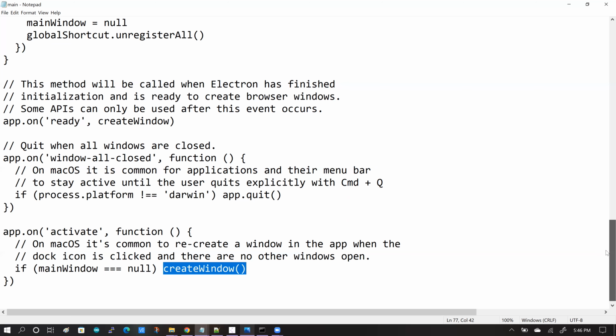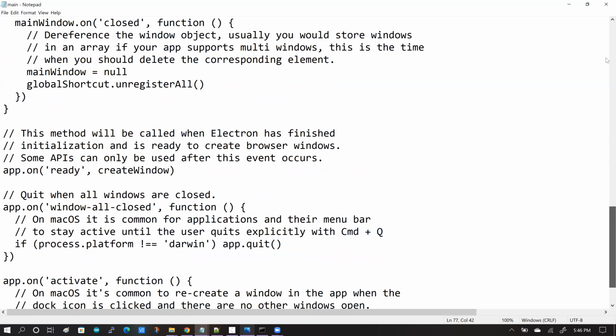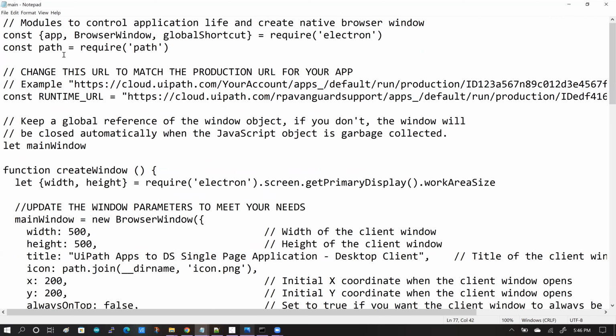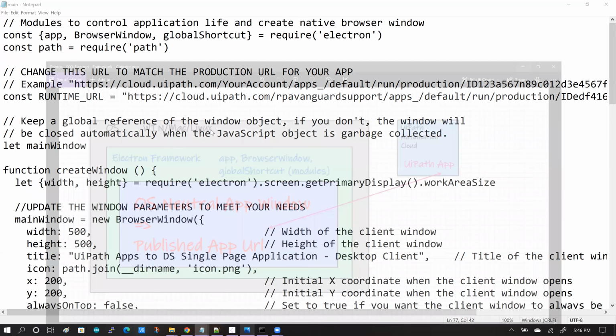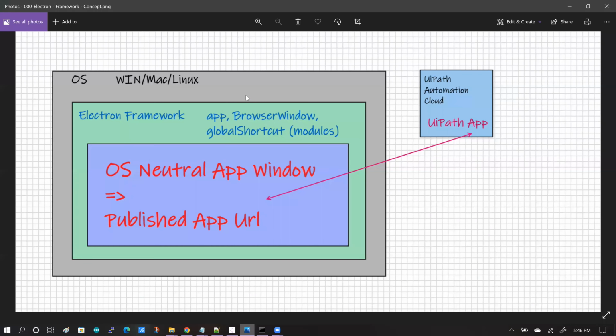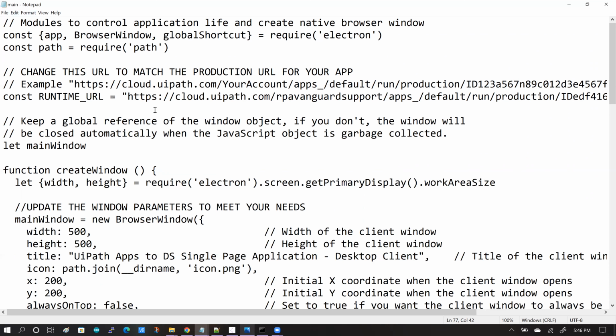So these are the components of the main.js file. And we saw through the coverage of this file that we went through or accounted for all the modules that we spoke about in the schematic: app, browser window, and global shortcut. And the next step for us is to prepare the package to put all of this into, right? This is the configuration of the application. Next, we need to prepare the package into which all of these pieces will go in and form the foundation